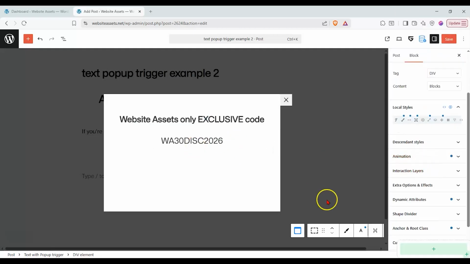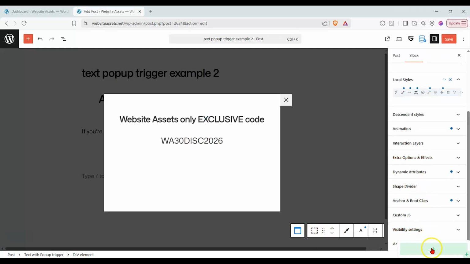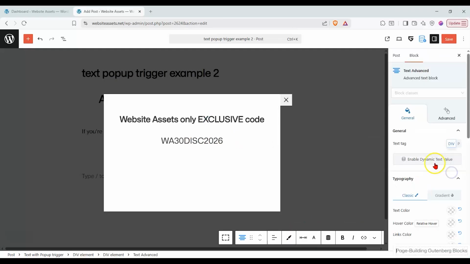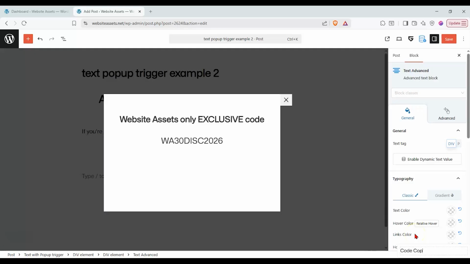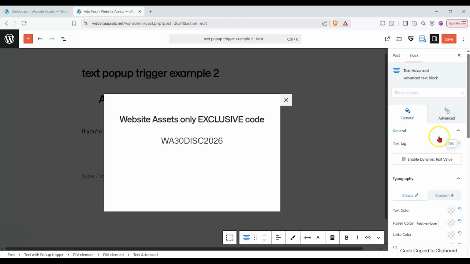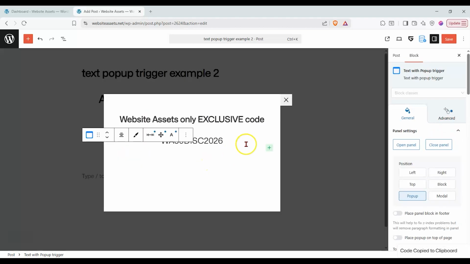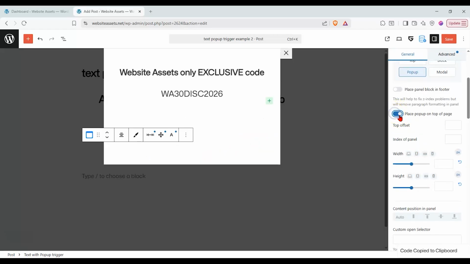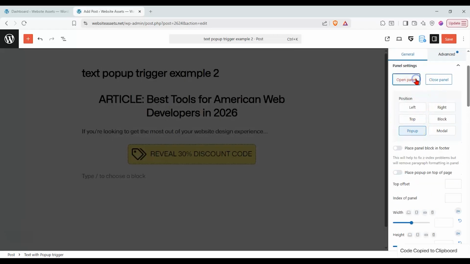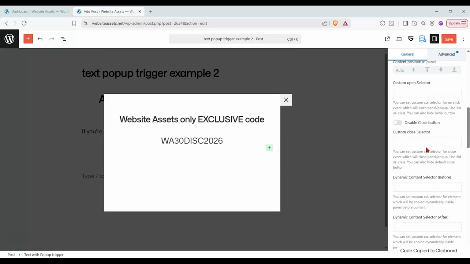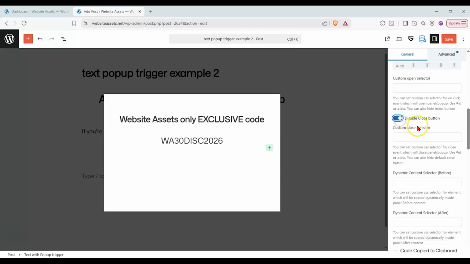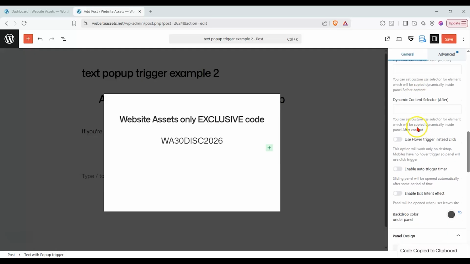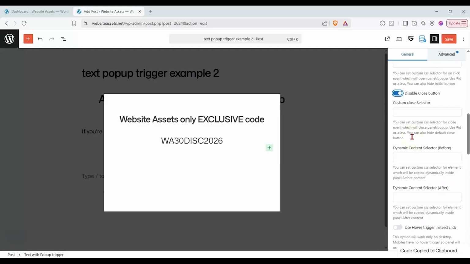Create a popover, and you can see here it shows up, and then in this popover we're going to add some text, and we're going to say something like code copied to clipboard. Right, and then we can also open the panel. Okay, there we go. And then you can disable the close button, and then we can